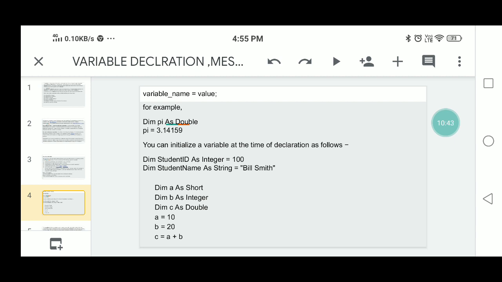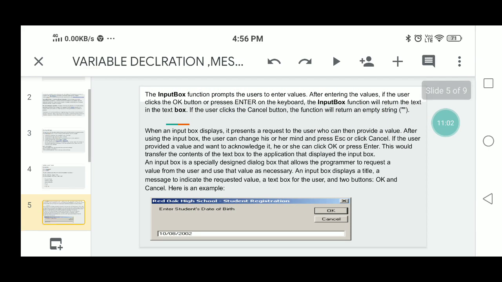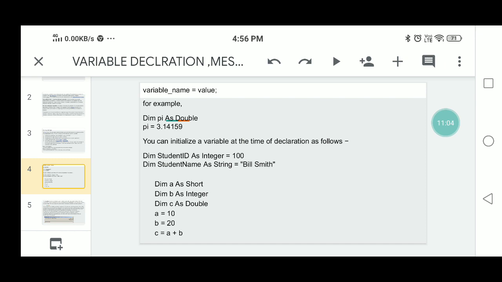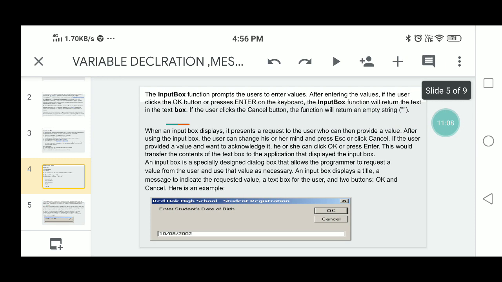Three different types of variables: one is Short, second is Integer, third c is Double. Then a equals 10, b equals 20, and you can assign the calculation c equals a plus b. This is the example for variable declaration.